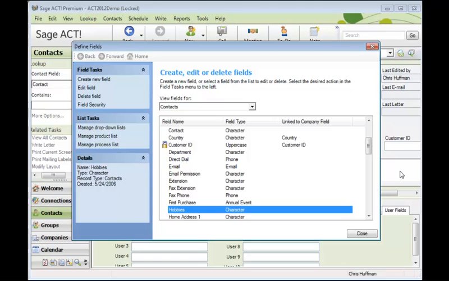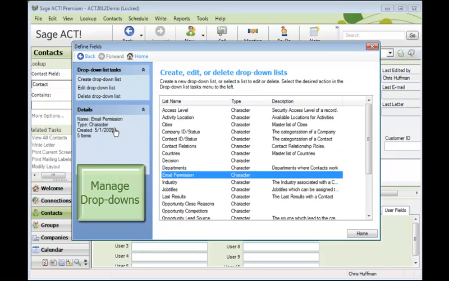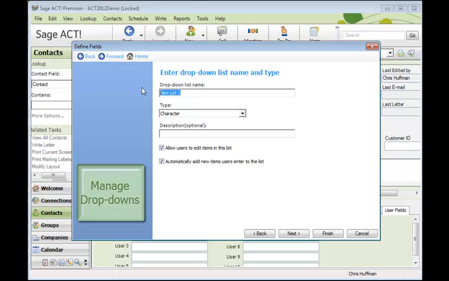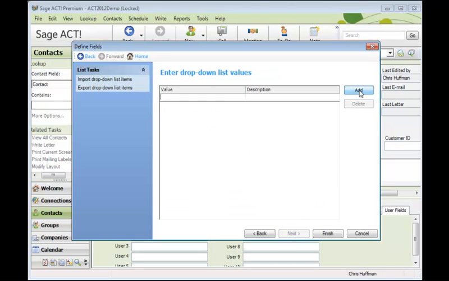With character field types you can create drop-down lists, so let's add one. Come over to Manage Drop-down Lists, create a drop-down list. Give your list a name. I'm going to call it Hobbies. Yes, users can edit items, and yes, we can automatically add new items to the list. Click Next and add. Let's type in here some hobbies and add